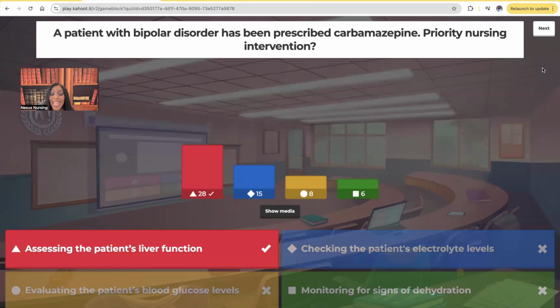And the reason for that is any drug you take has to be broken down, metabolized by the liver, and excreted by the kidneys. So any drug you take is making your liver work and your kidneys work, so you're going to want to check the tests for those organs. Now, that's not always going to be the answer because there may be something worse going on. That's why I'm telling you, if you have to guess, choose something that has to do with checking the liver or kidney function when it comes to a drug.